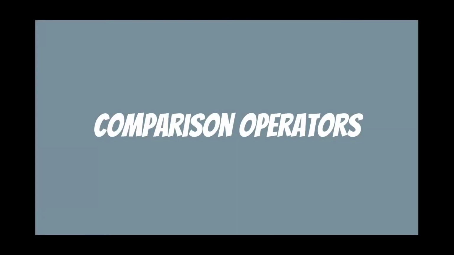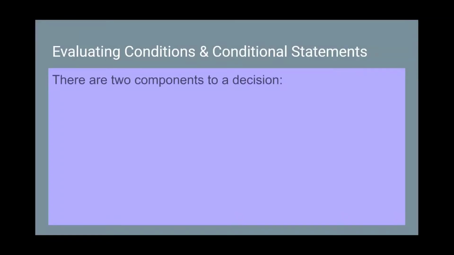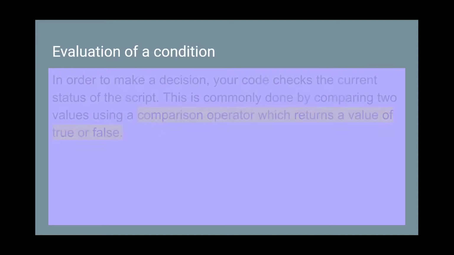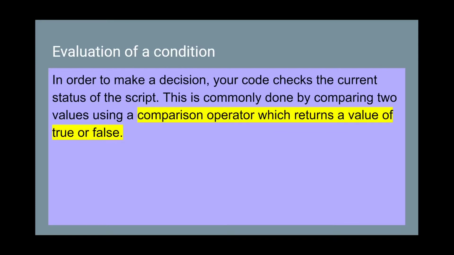So let's think about comparison operators. There's two components of a decision. We need to have an expression that is evaluated, which returns a value, and this expression is usually true or false, but not always. And a conditional statement that says what to do in a given situation. So when we evaluate this condition, we need to compare, and this comparison returns a value of true and false. So we compare two things, right? We compare